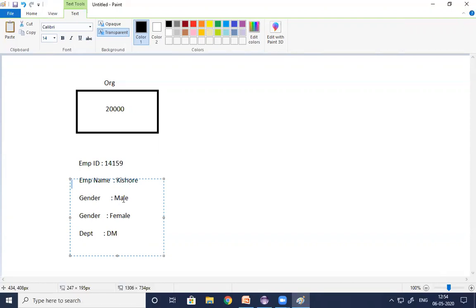For every male employee? Gender. For every female employee? Gender is female. For every delivery manager? That is the department. So to identify one employee, we use unique identification. To identify a group of similar employees, we use the common identification.